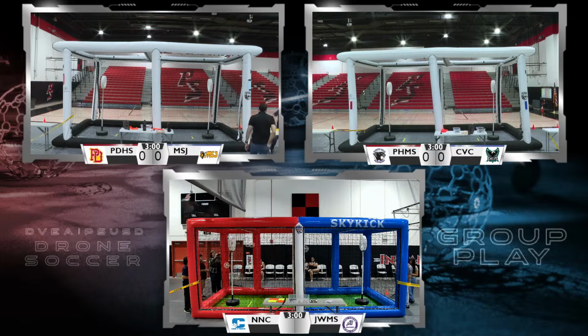Arena A, Palm Desert High School, red side. Mount San Jacinto, blue side. Arena B, that would be Painted Hills Middle School, Team 1, on the red side, and Cielo Vista Charter Middle School on the left side, on the blue side.